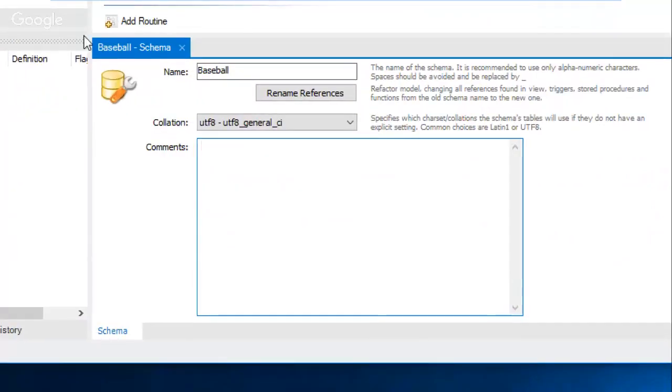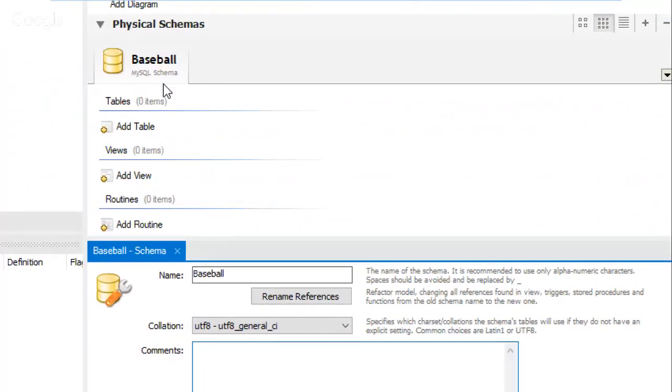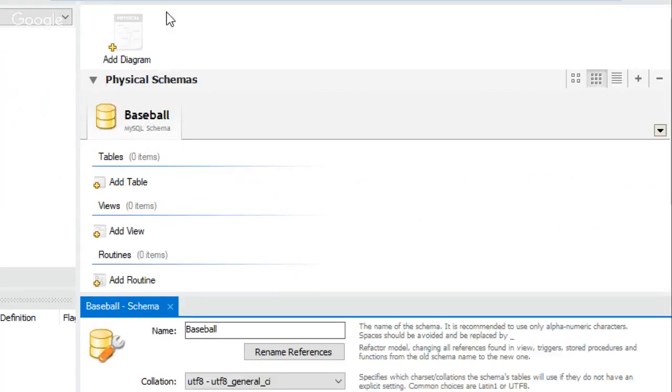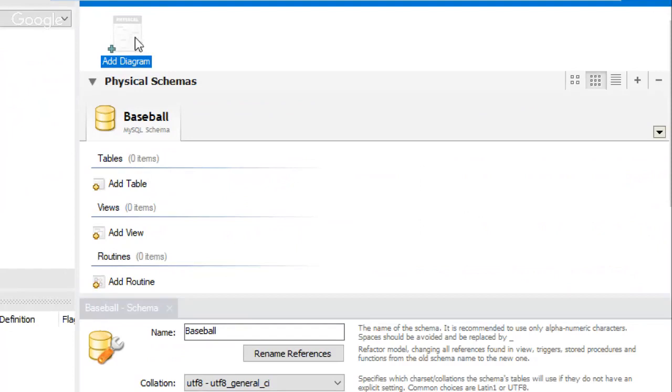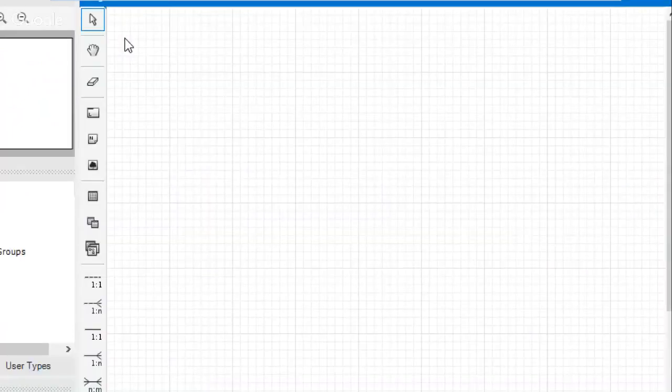All right. So notice it says baseball now. Okay, so this renames it, and you can actually do everything in this mode if you want. You could add a table. Notice it has add table, add view, add routine. But what I'm going to do now that I've renamed it is I'm going to add a diagram. So I'm just going to double click that. And it gives me a diagram not that different from